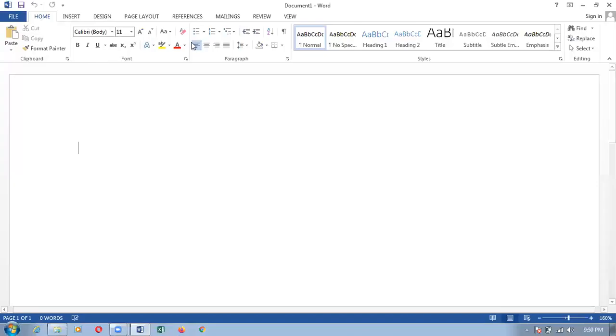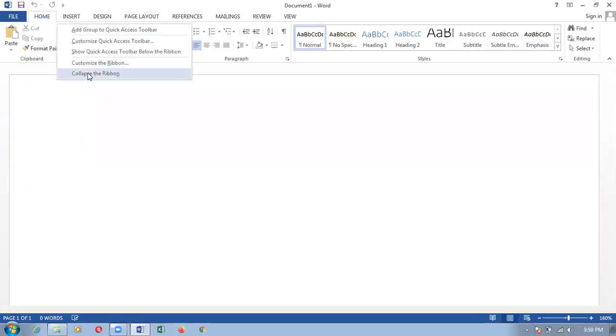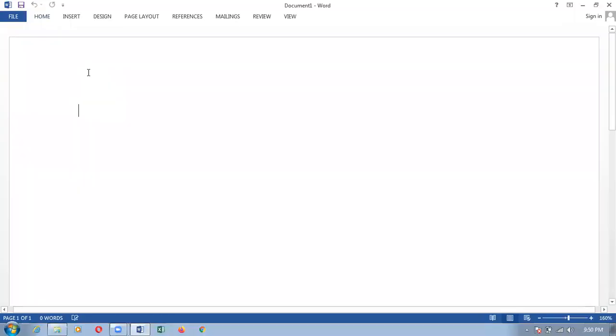On this ribbon, you have different tabs. At the time when you open this software, you'll see that this ribbon is minimized like this, so the ribbon is collapsed. When you open Microsoft Word, you will be just having the tabs. You do not need to worry that the software is corrupt. All you need to do is click over here,